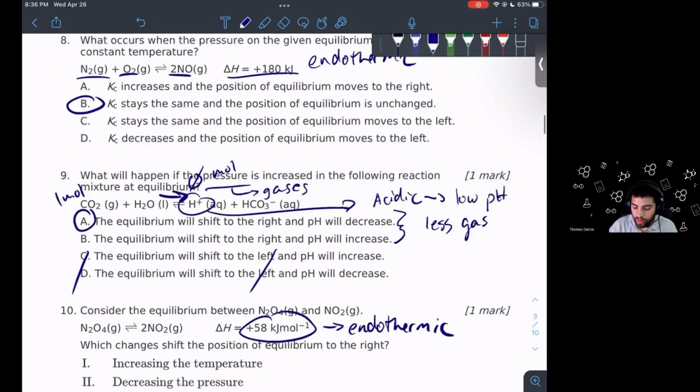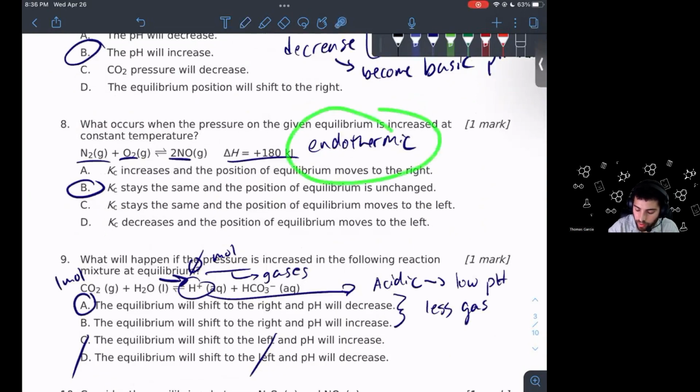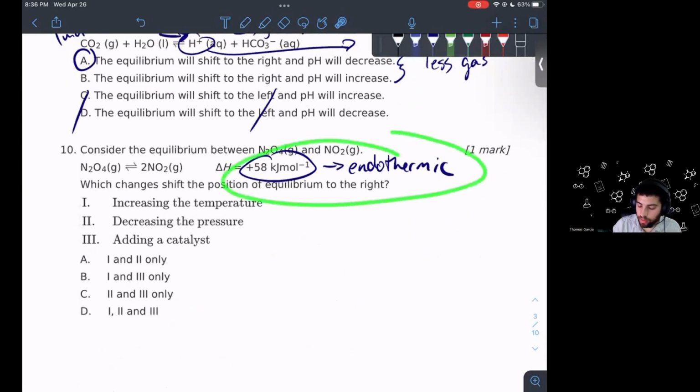Now, something to note is that it wasn't important here in this reaction, but honestly, I don't care. I always want to look at delta H right off the bat. If they give us information, I'd rather analyze it first, and maybe I don't use it, that's okay. So, 2,